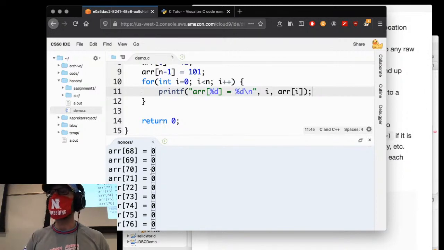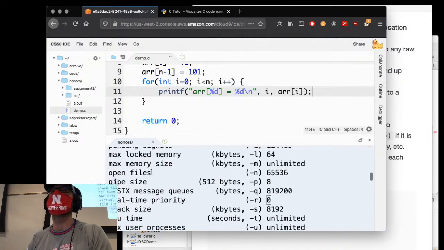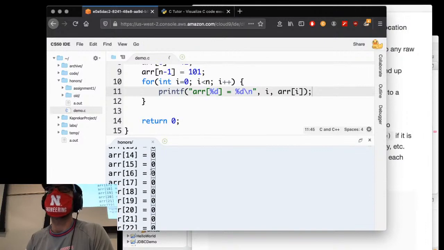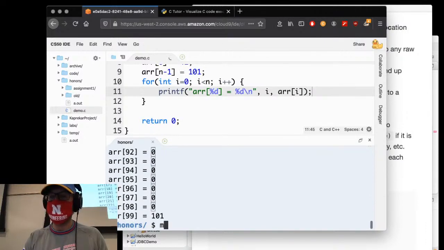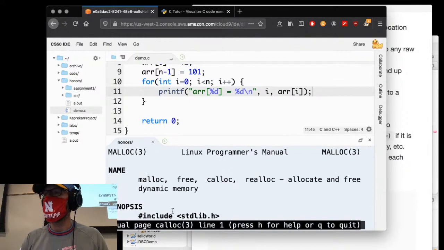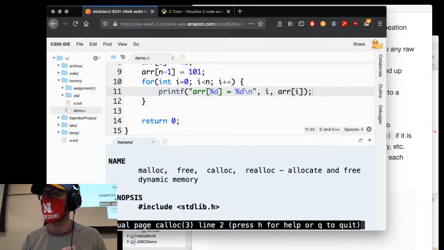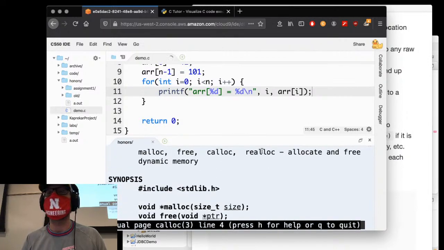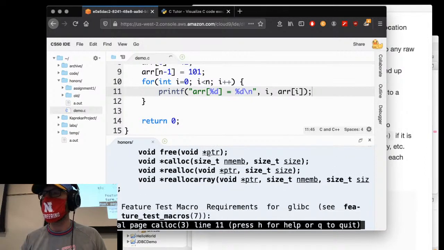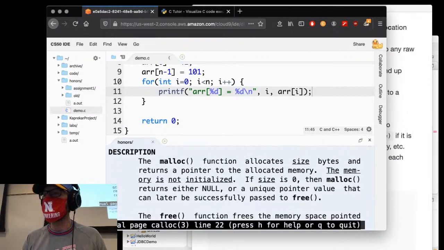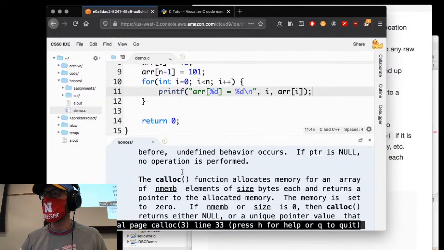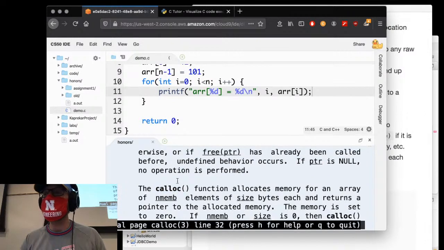If you want to guarantee that they're all zeros, there's another memory allocation called calloc. It works slightly differently, and there's also one called realloc if you want to reallocate memory. But the key difference here with calloc is that it does fill it up with null bytes. It allocates memory for an array, blah, blah, blah, and the memory is set to 0. So if you do want to initialize an array of zeros, then you can use calloc, but it is a different